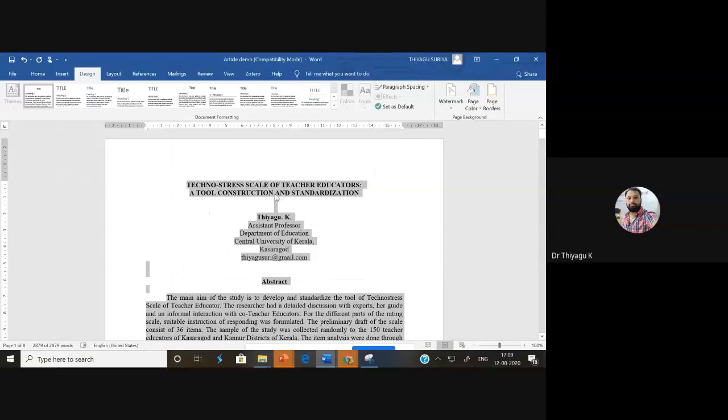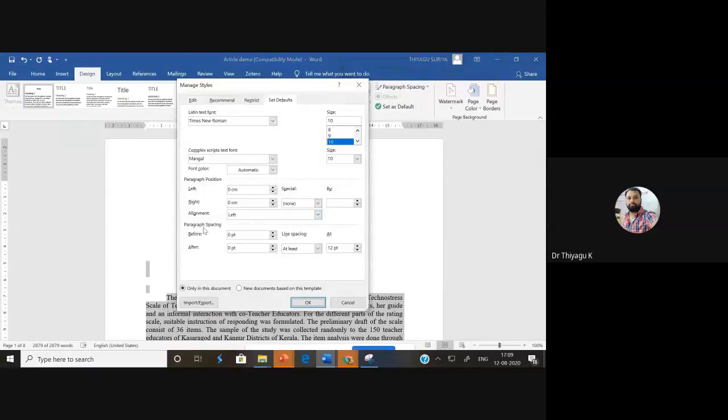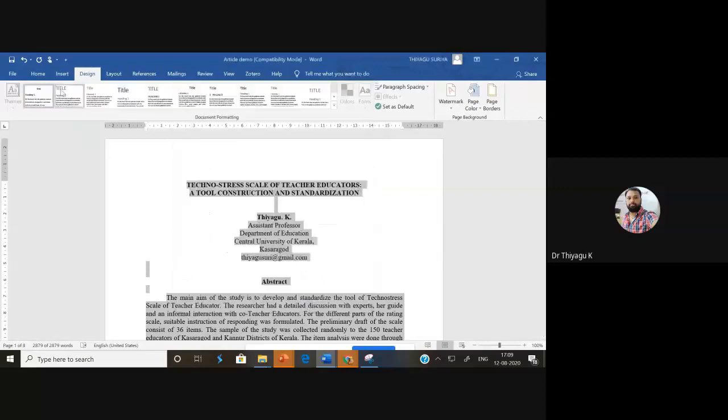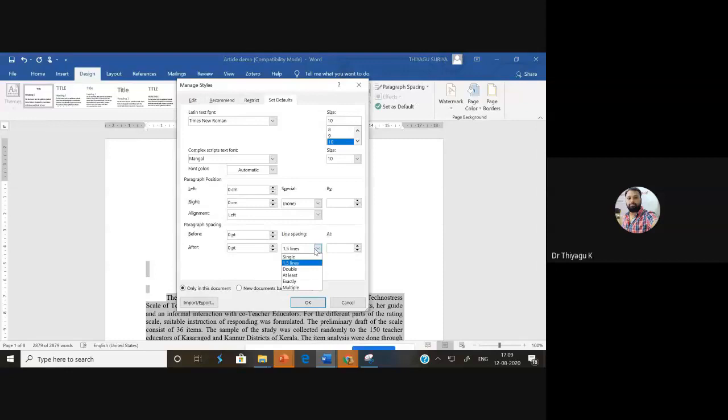So there is an issue with the custom paragraph spacing. Yes, so I'm clicking the 1.5 and clicking OK. So there is an issue that happens. This custom paragraph spacing automatically customizes. So only in this document or a new document, you have to customize which one you want.